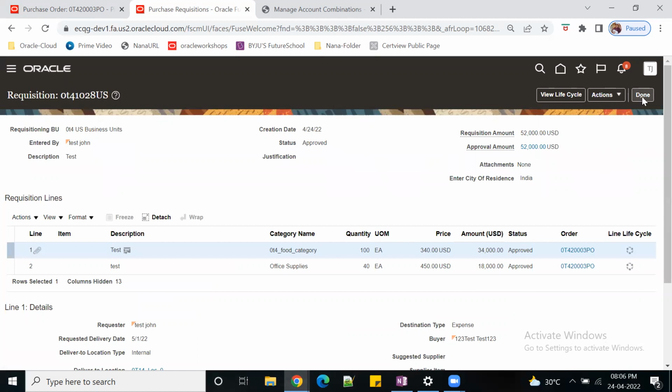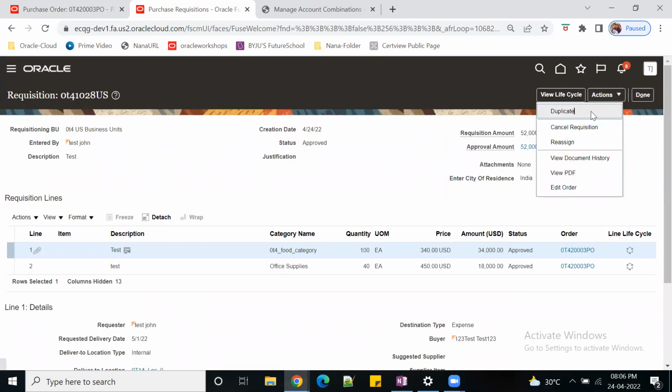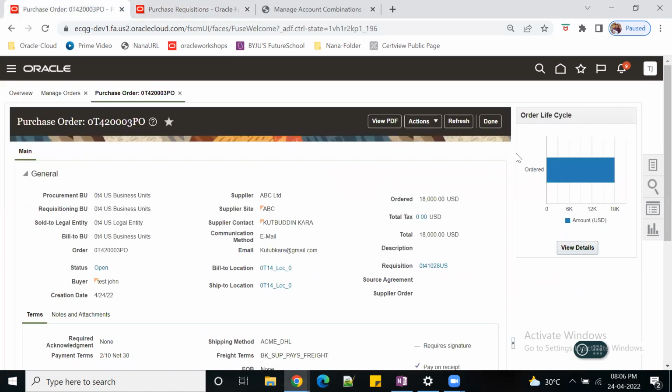Got it? Now I'll take the same one, go to actions, duplicate, create one new PR, or I'll take 27, that is also there, right? Okay, better I'll take that one. So now if I go here,